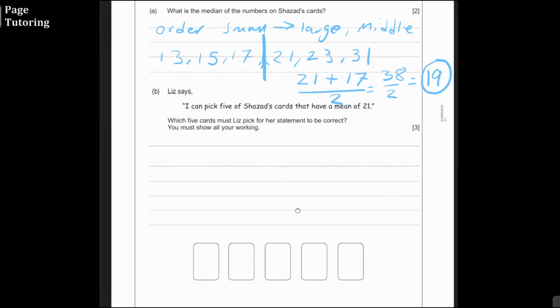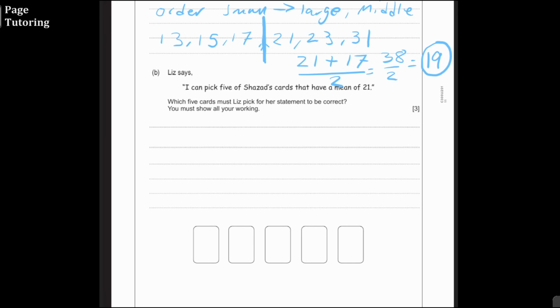Part B. Liz says, I can pick 5 of Shahzad's cards that have a mean of 21. It says, which 5 cards must Liz pick for her statement to be correct? Now this is a little bit of a process of elimination. So first, keep in mind, what's the definition of your mean? How would you find your mean? Well, your mean